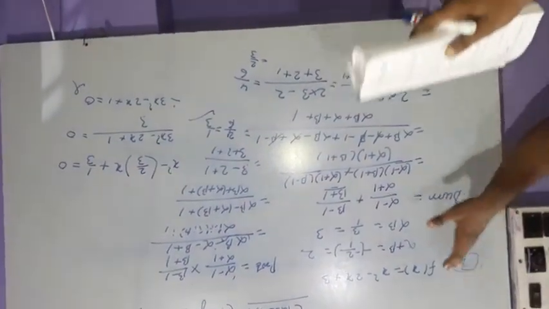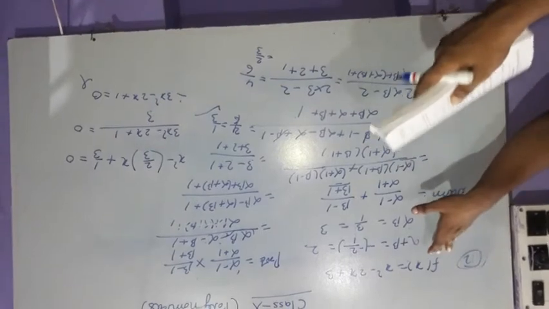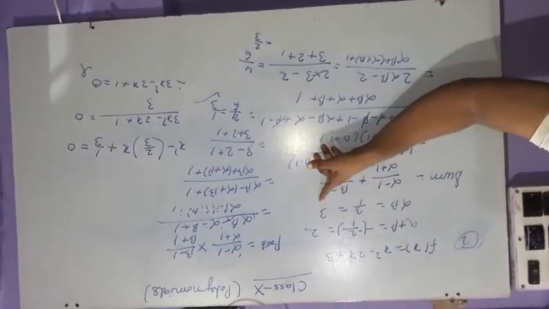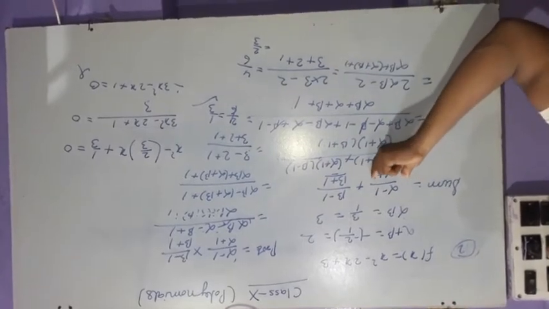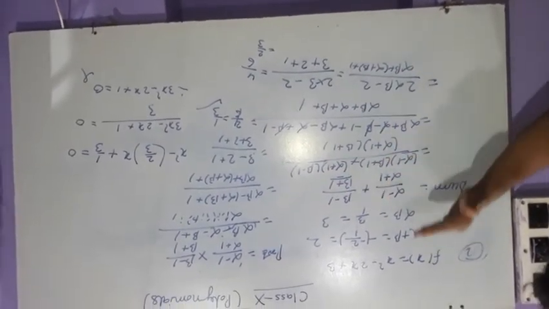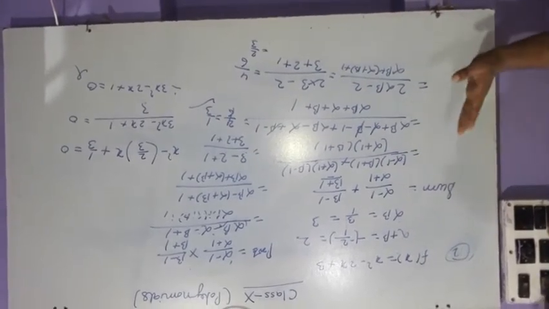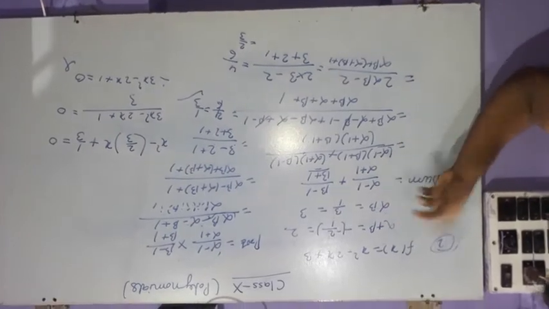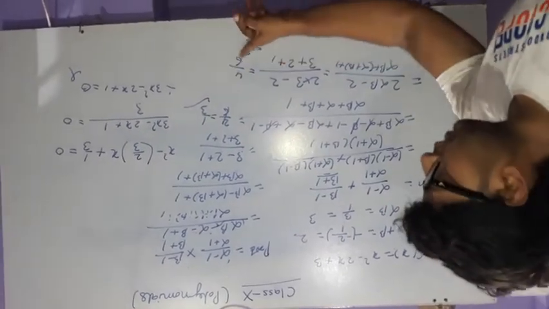Now again I am explaining to you. The question is f(x) equal to this one, so alpha plus beta will be 2, alpha beta equal to 3. The zeros given are alpha minus 1 by alpha plus 1, beta minus 1 by beta plus 1. Now we have to find the sum. We are easily solving it step by step. You can see here, now we can put in the value. Why did we find alpha plus beta? Because we have to put the value in this equation. So it will be 2/3.